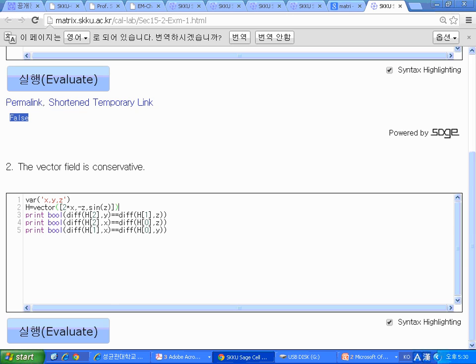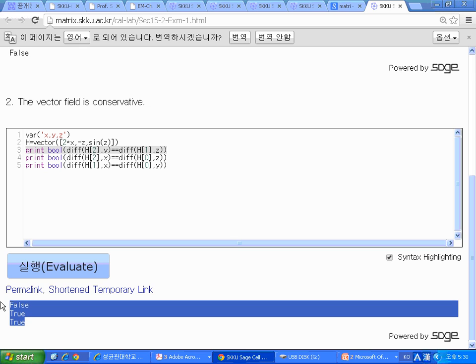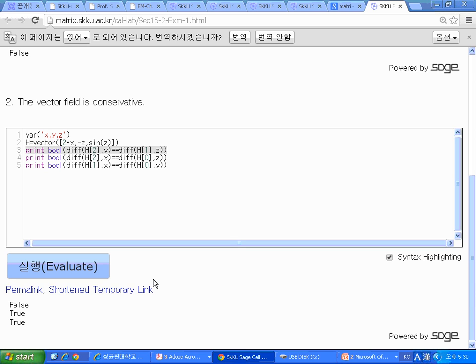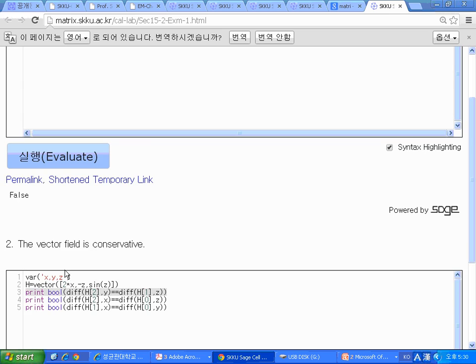For this vector field in R3, I checked it. Two of them are the same, but one is different. So it does not satisfy all three conditions. So it's not the same. But what else? 1 and 2. I think